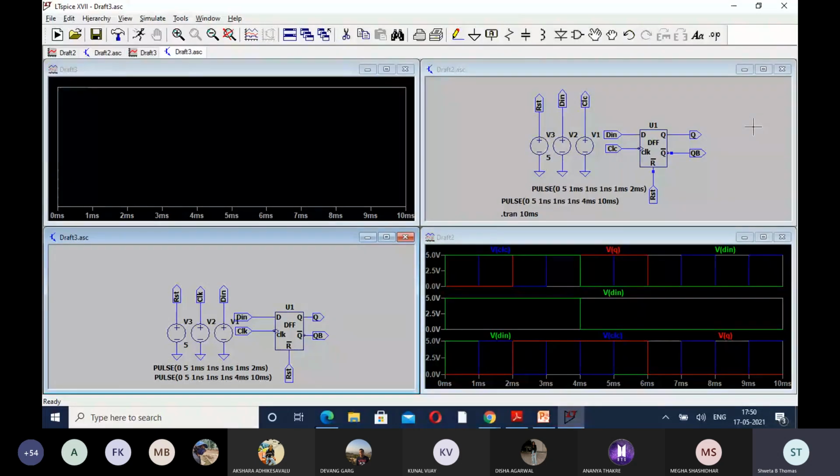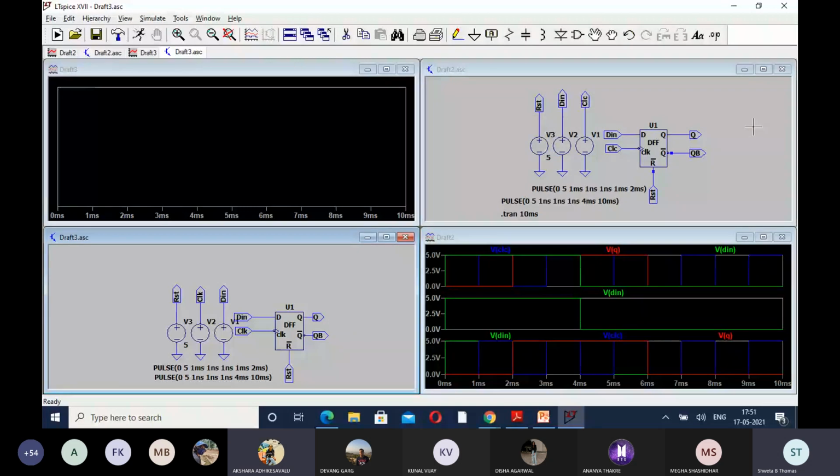You can make an attempt for that also. I have done for D flip-flop. You try for T flip-flop also. And these 2 you can keep for your task 4. I think this will be enough for task 4. Now you just take a snapshot and try to complete this. I'm not asking you to show me in today's lab, but whenever your next lab is there, I would like to see the circuit diagram as well as the output plot of this D flip-flop as well as T flip-flop, if you are able to do that. I don't think you will have any trouble. It is easy.